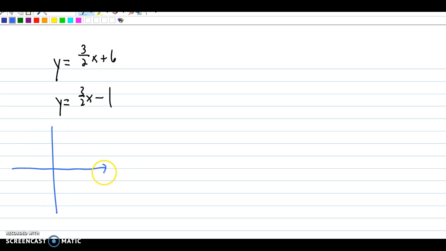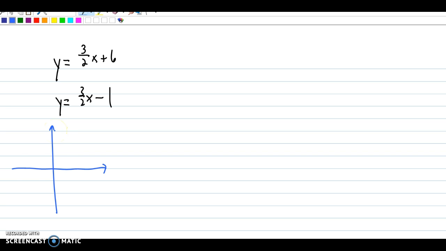Right, in this screencast, we're going to look at how to find the distance between two parallel lines. So we'll have one line of y equals 3/2 x plus 6, and the other line is y equals 3/2 x minus 1. So what you don't want to do is just look at them and see that their y-intercepts are 7 units apart and say that that's the distance, because that distance is not the shortest distance, it's not